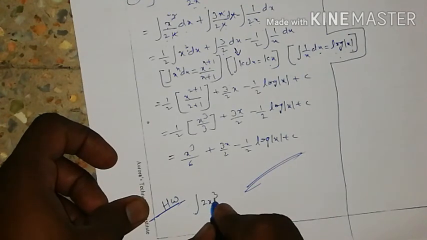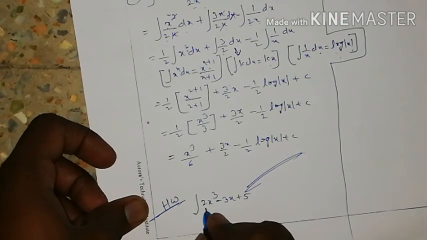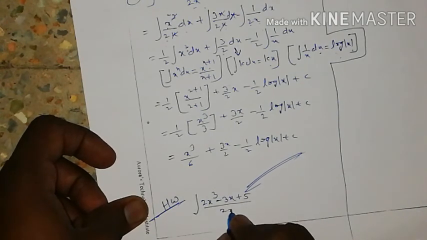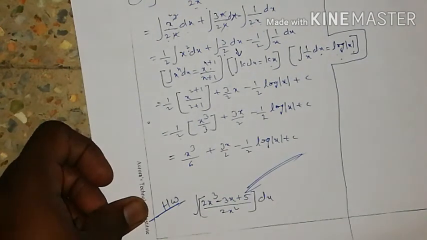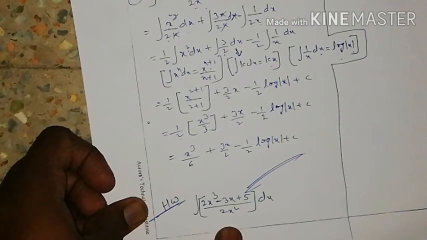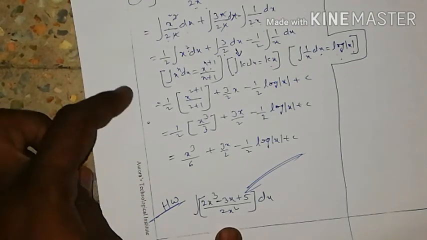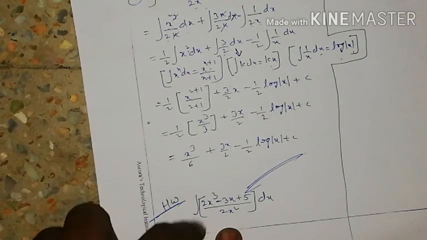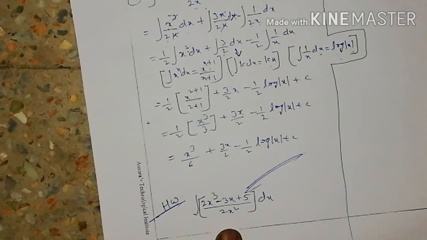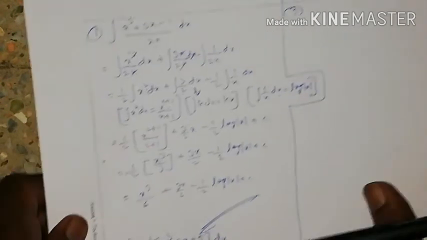Integration of (2x cube minus 3x plus 5) by 2x square into dx. Same as here. Here you have to separate the terms with the denominator. I think you understood this problem. So it is related to this one only. You try to solve this problem and keep it in my comment box. Okay. Next,